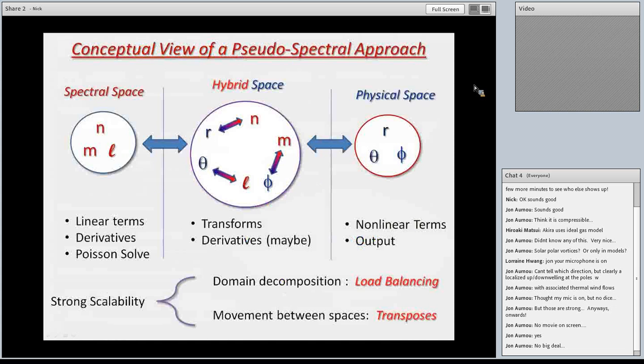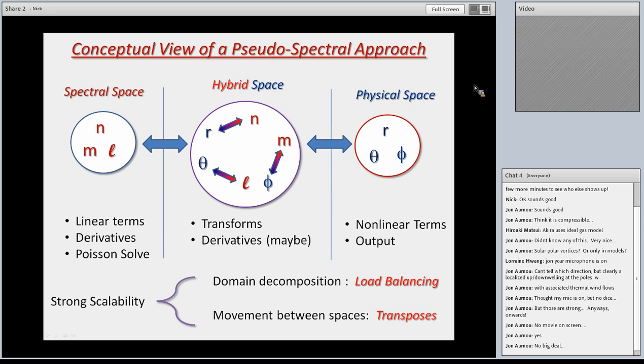So what is the pseudospectral approach, right? I mean, you take transforms, you do things in spectral space as much as you can, but then when you need a nonlinear term, you have to move over to physical space, right? So in spectral space, you can do all the linear terms for your equations. You do your derivatives, and you can do your Poisson solve. It's very nice. Your m's decouple in spherical harmonics when you do your implicit time stepping, as long as you're